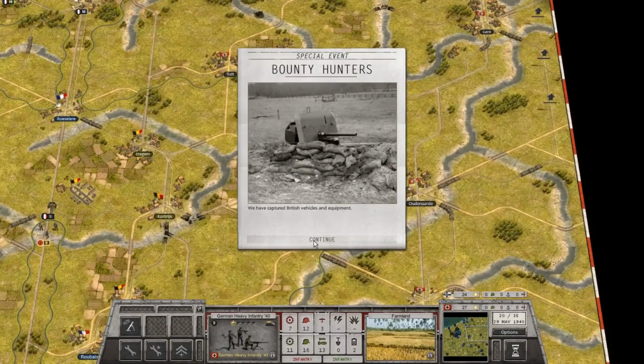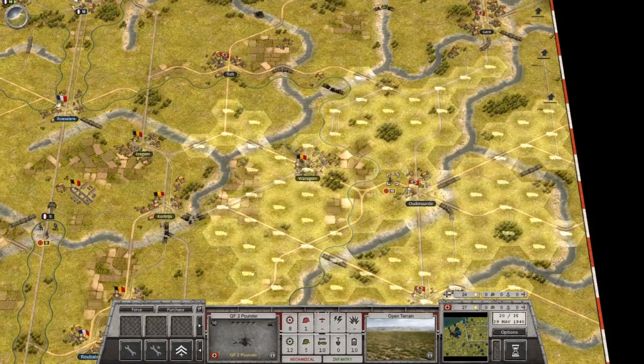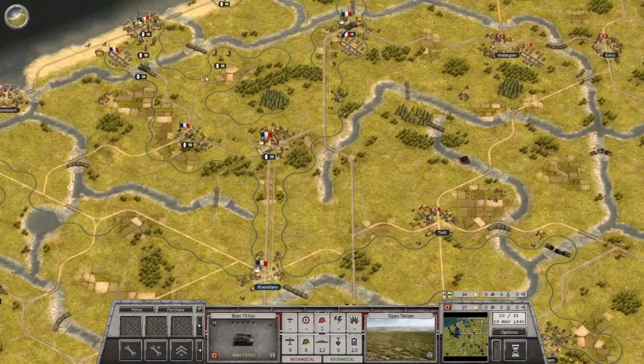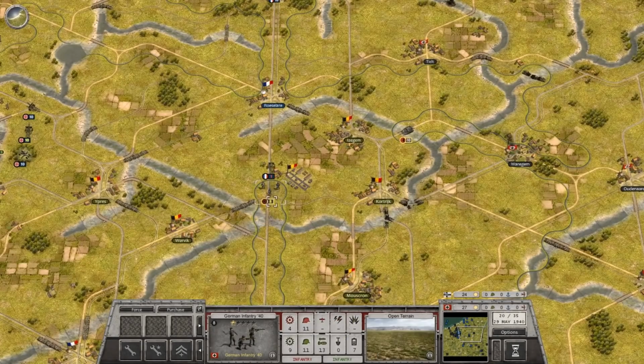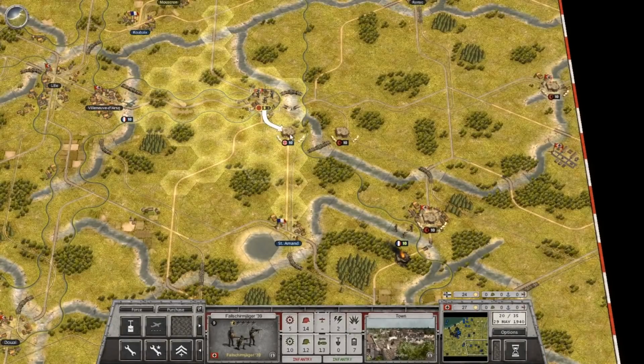Bounty hunters. We've captured British vehicles and equipment. Where? Here? Great. British 2-pounder. Well, maybe we can use that to recut these guys off, because actually all we have to do is take in Roselle. We've sealed the gap, I think. I don't know if we have to take...